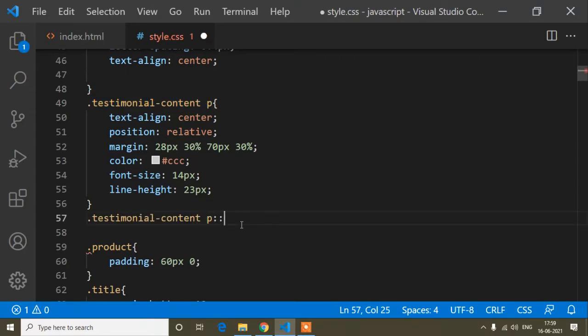So guys, if you want to add the Font Awesome icon, you have to add Font Awesome in your project. I have also shown that in my previous tutorial. I will provide the link of this playlist, so you can watch step by step and you will learn how to add Font Awesome icons. You can use this Font Awesome icon in two ways, in your HTML or CSS. If you write it in HTML, you have to write the class name.